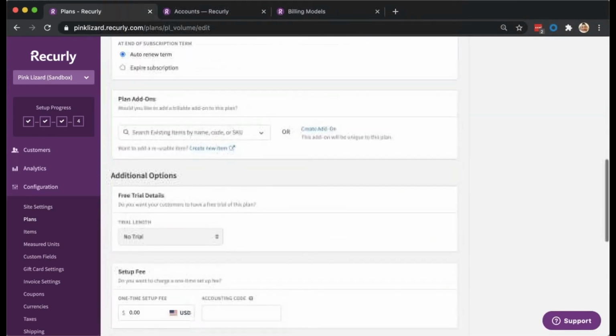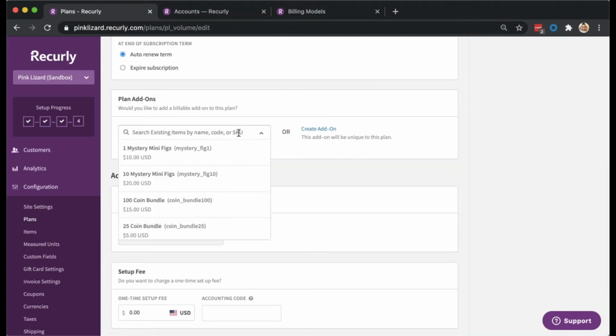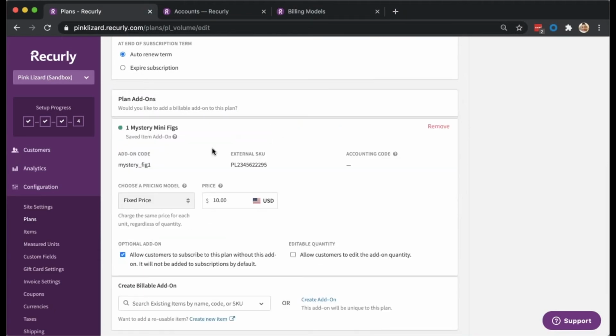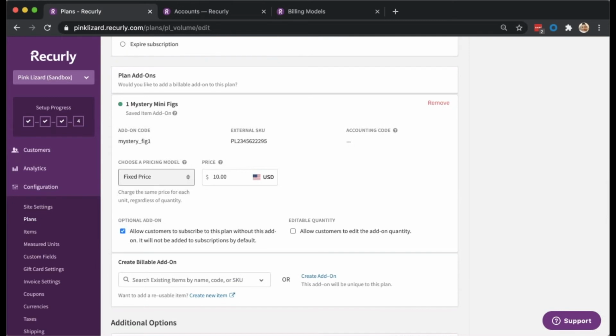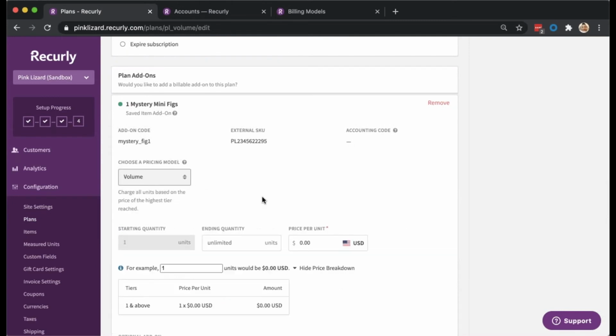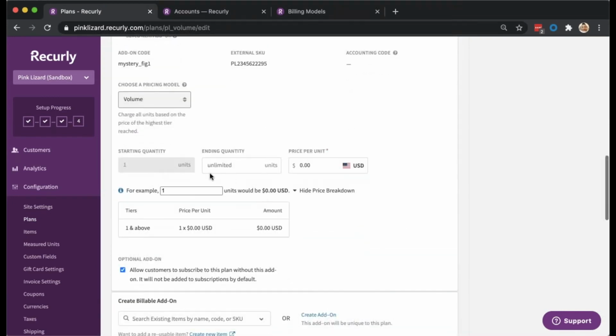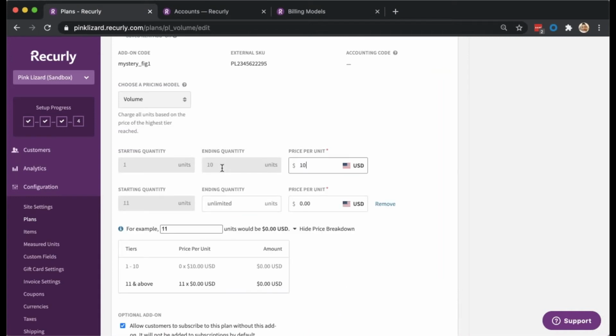So once we get down to the add-on, I'll select my minifigure item, select my volume pricing. And so in this case, our quantities of 1 through 10 would be priced at $10 per unit. However, any unit above 10 and beyond is priced at $7 per unit. And so in this scenario,